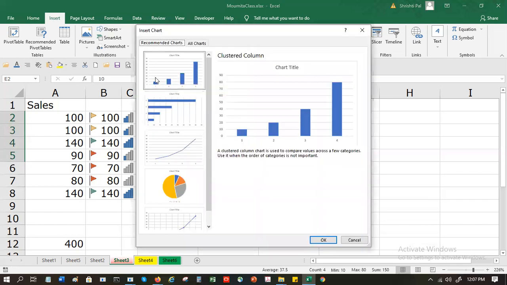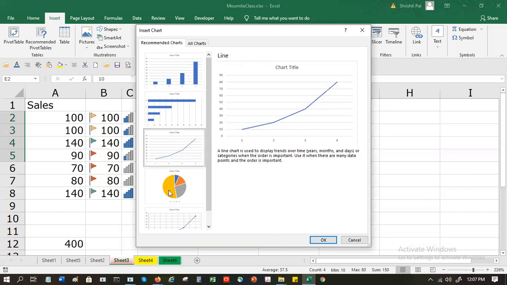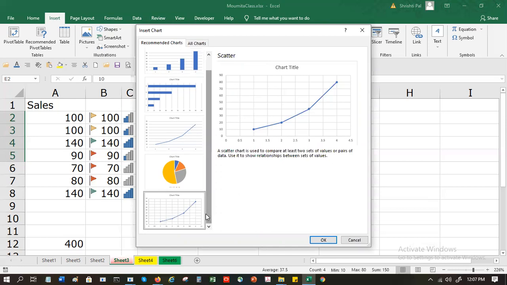So it says this is one type of chart I can use, this is another type of chart I can use. These are recommended. So these are 4 different styles of chart.